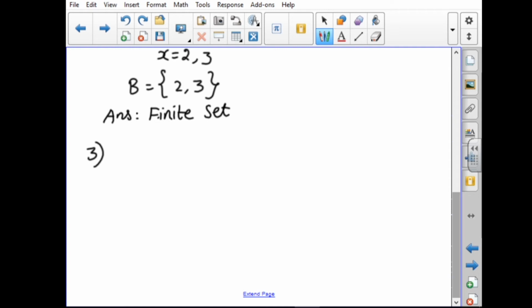Question number 3: which of the following sets are equivalent, unequal, or equal sets? You have to determine which of the sets are equivalent, unequal, or equal. Okay, that first one,